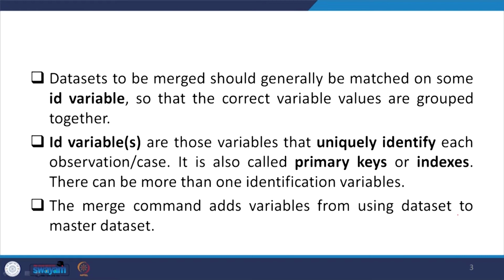It is also called the ID variable, also called primary keys or the indexes. There can be more than one identification variable, as I just said; one variable may not represent the entire information. So ID has to be defined very clearly, and there are some tricks to define it, then only merge is possible. Like for an individual belonging to a household, if the individual is attached with household characteristics in the identification variable, then when you merge, that particular individual will carry the information or will be merged into that particular household, if the ID is perfectly defined.